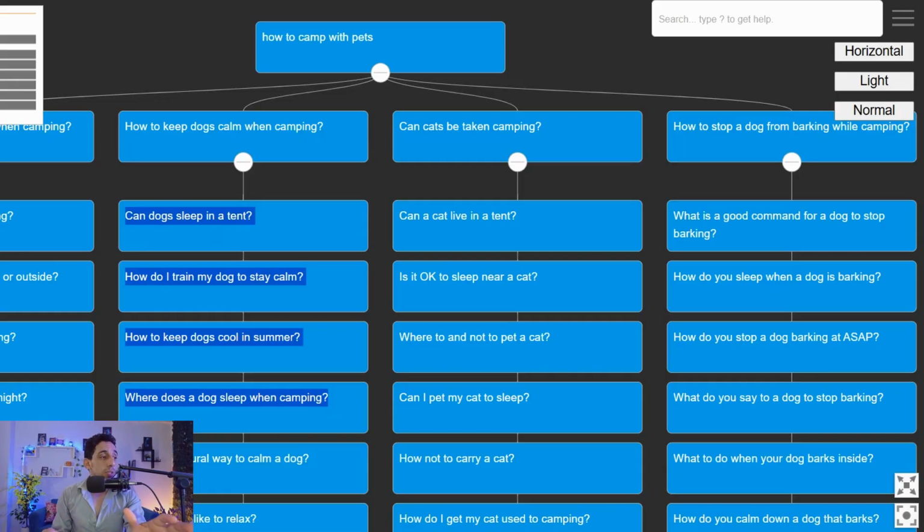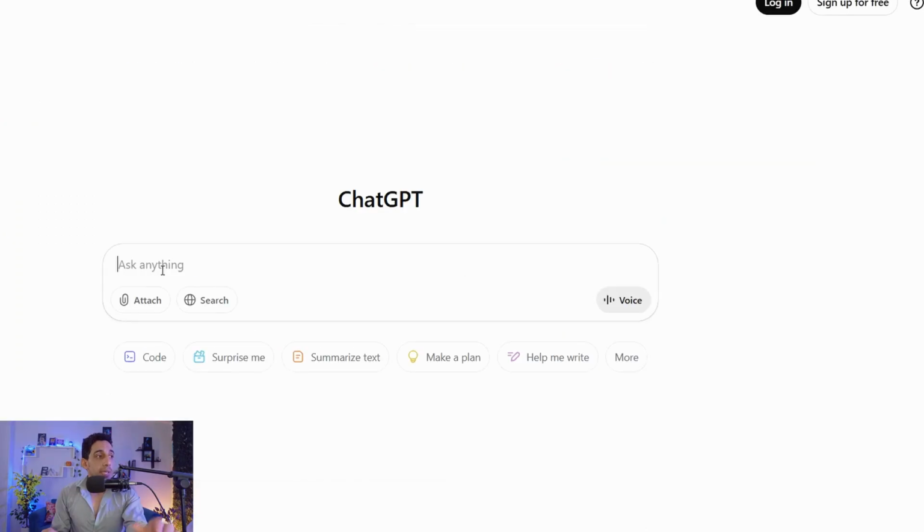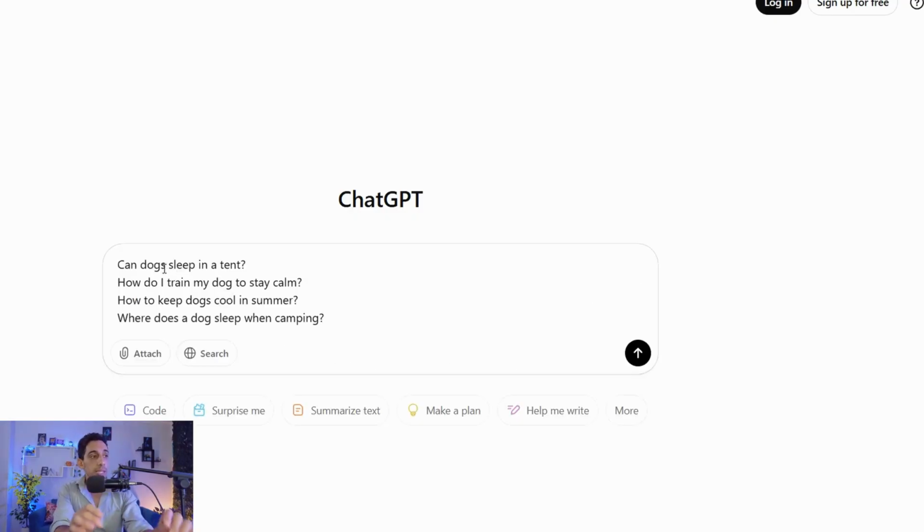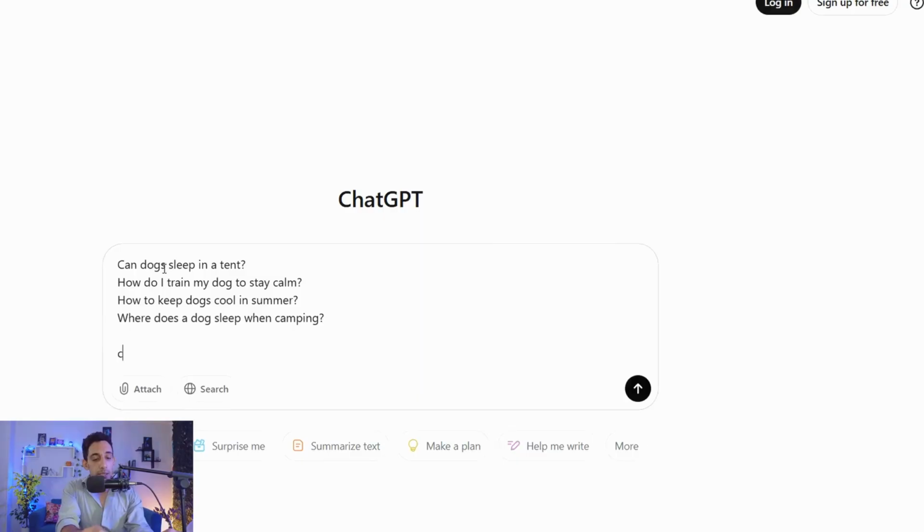So now we can head over to ChatGPT, and now we can insert these questions as they are and ask ChatGPT to give me an outline to create an ebook about these sections. So here, insert here, Control V, and give me out these questions as chapters for each.